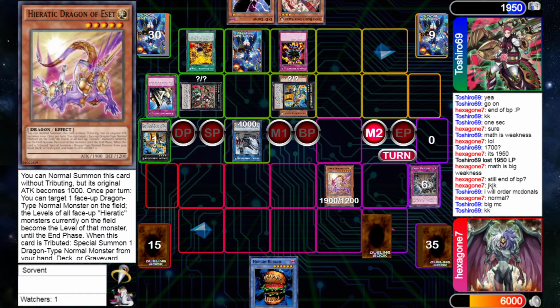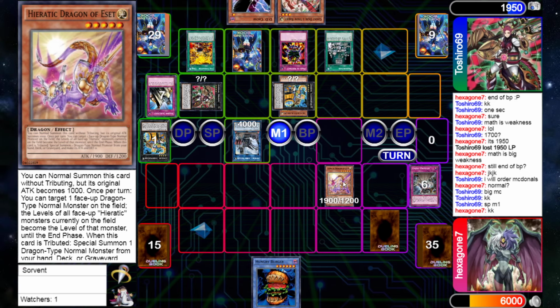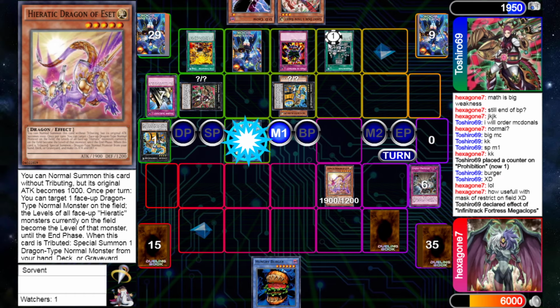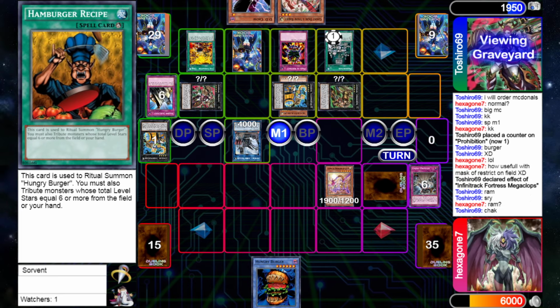It's going to be normal summoned here, making its original attack 1,000, and passing his turn, because you can't set these monsters because you'd have to tribute for it since it's a level 5. Prohibition is just the extra nail in the coffin, calling Burger, just absolutely destroying him. Unfortunate. Megaclops is going to be grabbing this back row, which is just Hungry Hamburger Recipe,